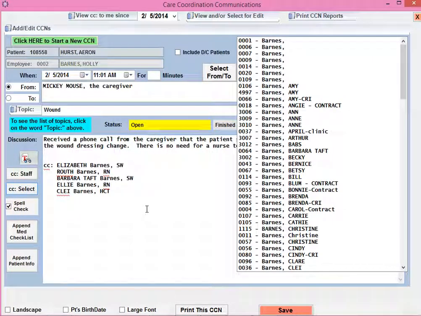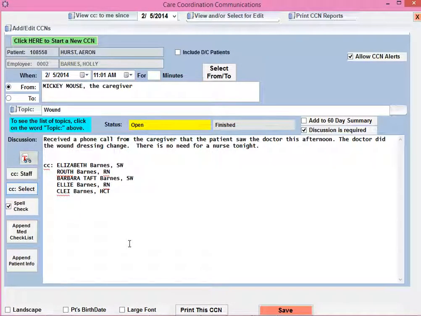To hide the list of employees, click on the CC Select button again. So just as a review, the CC Select is how you send your coworkers a copy of the CCN. The From and To area does not send the CCN. It indicates who you communicated with so that the coworkers can see that you spoke with the caregiver in this